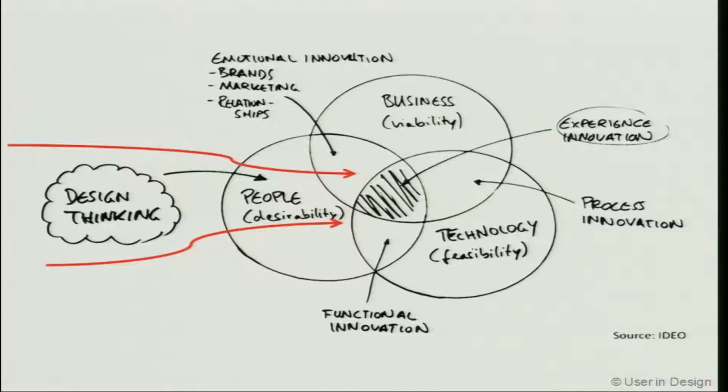This is a diagram that I'm presenting to you that has now become very well known, often quoted, put together by IDEO, which says that innovation happens at the intersection of these three elements shown in a Venn diagram. The business aspect, which is viability, the people aspect, which is desirability, and the technology aspect, which is feasibility. So when these three come together, then at the intersection of that is where very strong innovation